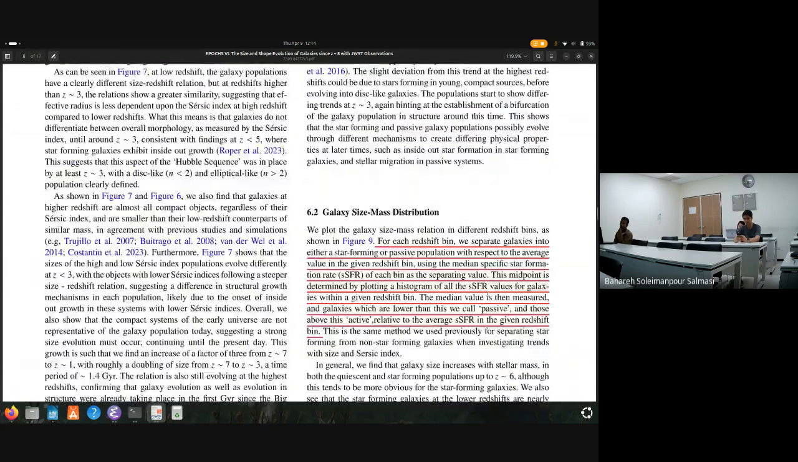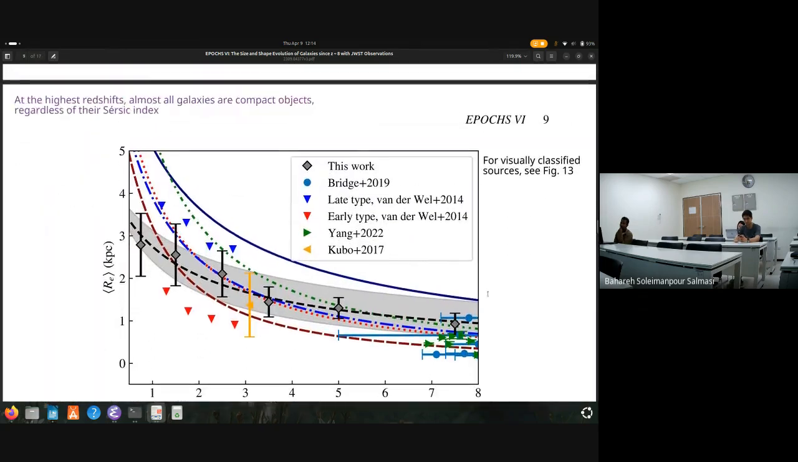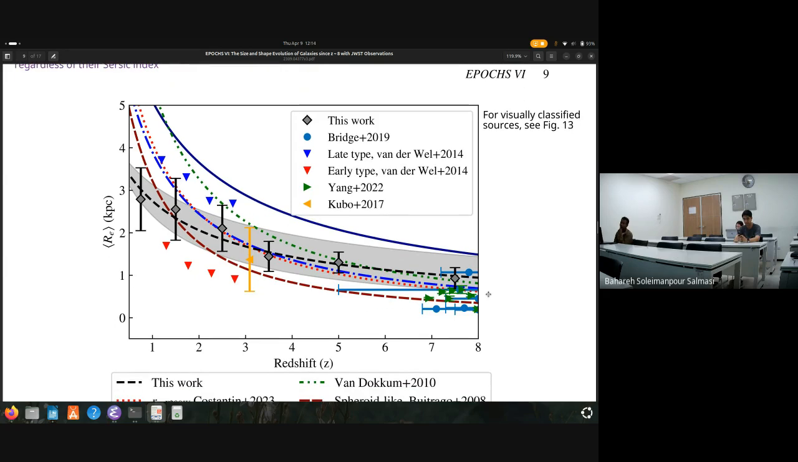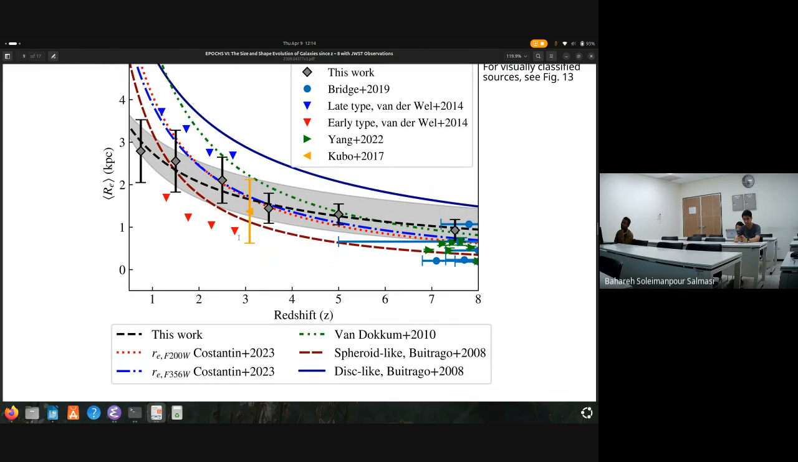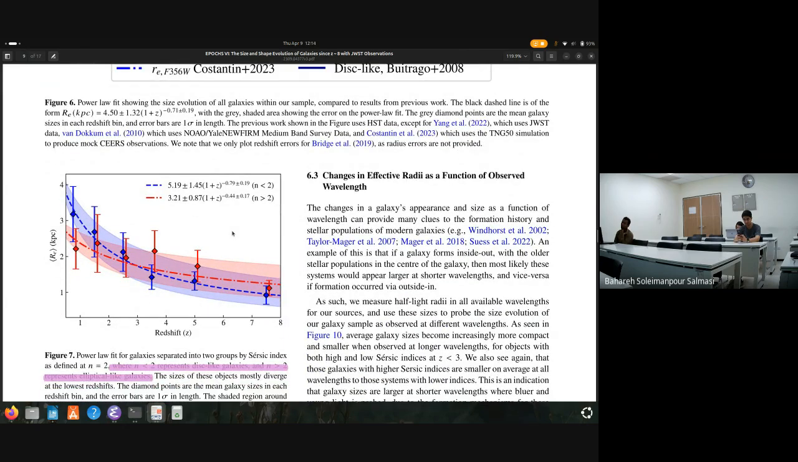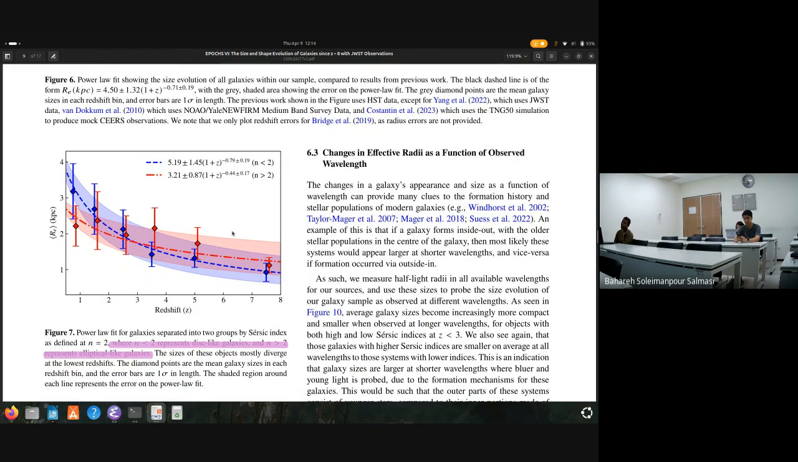Okay, so maybe I can just go to the plot. This is the first result of the paper, where they find that R_e decreases with redshift, and it is true for redshift even beyond 3. This is other work, which is very consistent. What they also find is that when they divide the sample by Sérsic index, less than 2 and greater than 2, the greater than 2 is more like elliptical galaxies. So they find